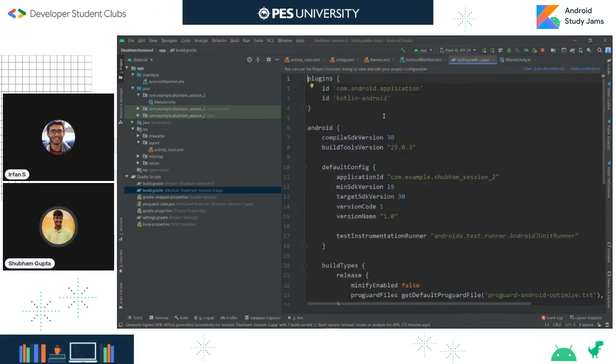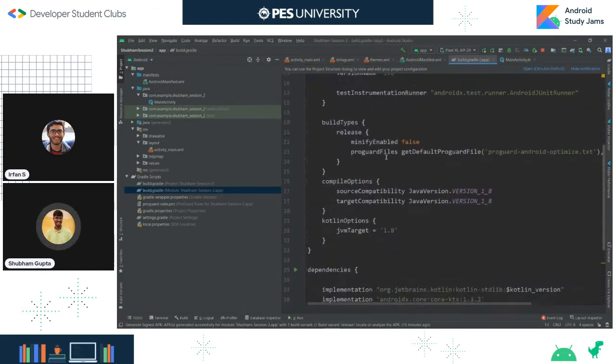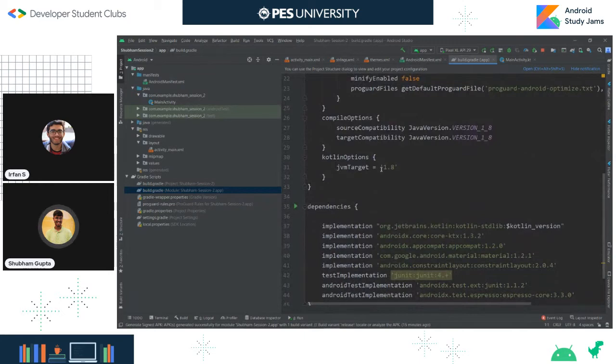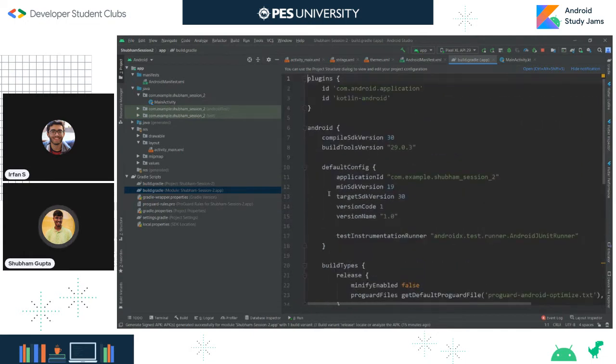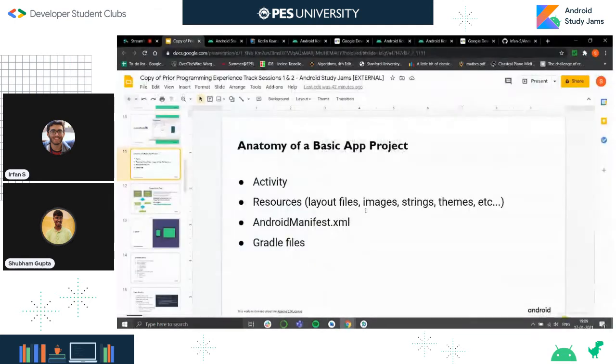The Gradle file basically tells you all the dependencies your app will be utilizing, along with the Gradle build tool, which is something that every Android project needs. So, to understand the Gradle build tool,